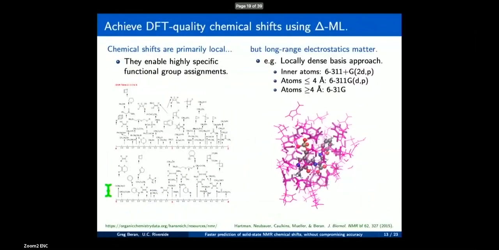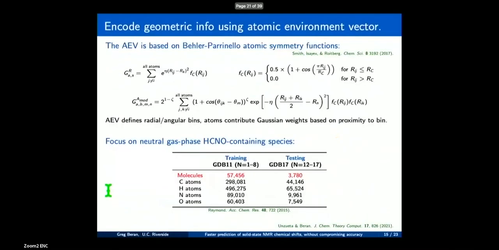Yeah, I think the biggest problem is a lot of these machine learning models really do require a lot of data. We didn't do strict testing on this to see, did we really need the 300,000 carbon environments that we used in our training set? I think we did do some learning curves, but I don't remember exactly what they looked like. But if you looked at how much data they're using in ShiftML or we used here, the amount of data is pretty massive. And the other problem is, if you have noisy data, it can really throw off your